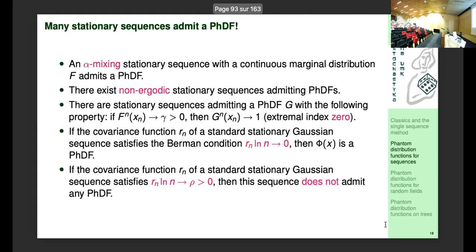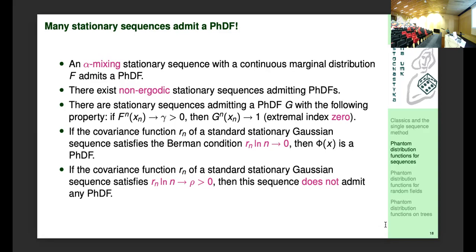So let me finish. This is the theoretical part. There are some constructions of estimators which, based on this philosophy, are stable, but the pandemic slowed down the work, and they are not ready for publication yet. It is necessary to smooth something and so on. But it is very promising, and I can say it confirms that this can be the philosophy: using a phantom distribution function, or this single level thinking, brings good results